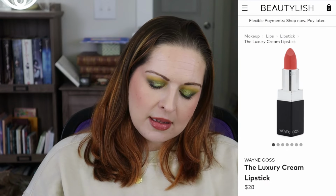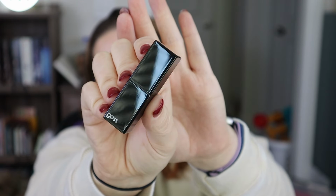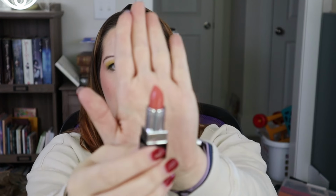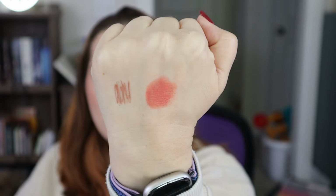Wayne Goss, we have another lipstick. This one is in the shade Magnolia. Let's give that a quick look. Again, I do like Wayne Goss lipsticks. They are definitely no fuss sort of formulas and no fuss sort of colors, which is nice. And Magnolia looks to be just a really sort of poppy pink sort of shade. And that is what she looks like there. Don't think we go quite with the lip pencil, but again, this is just a mystery bag, so it is